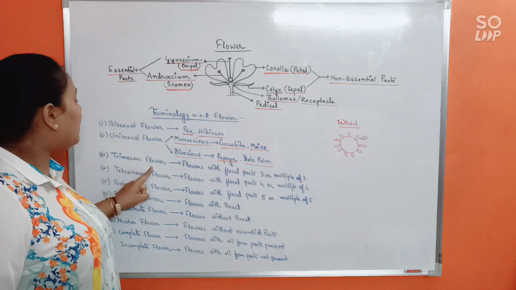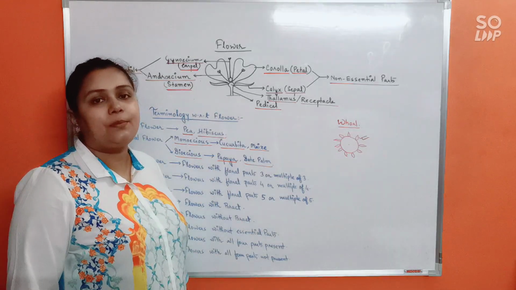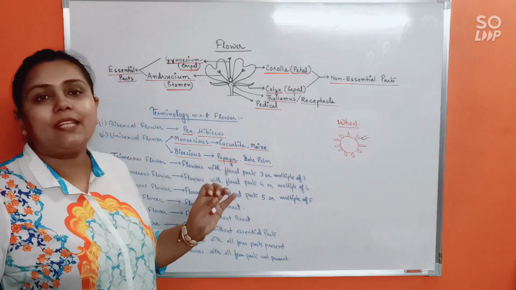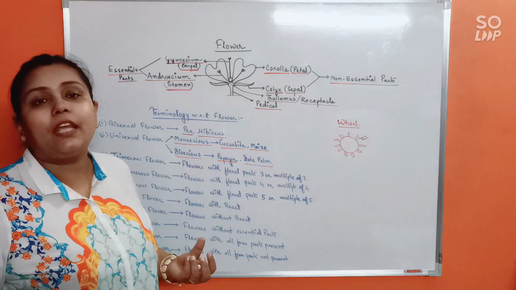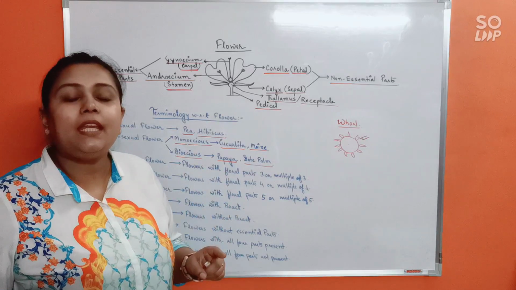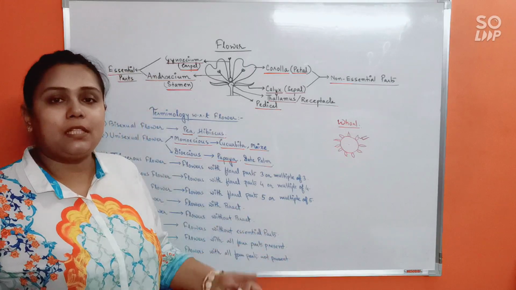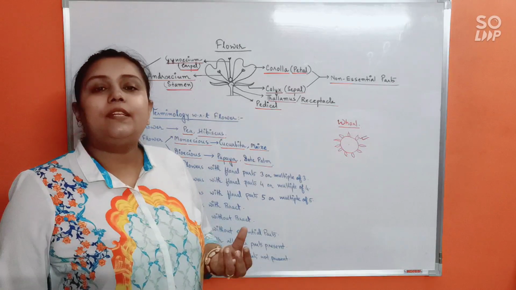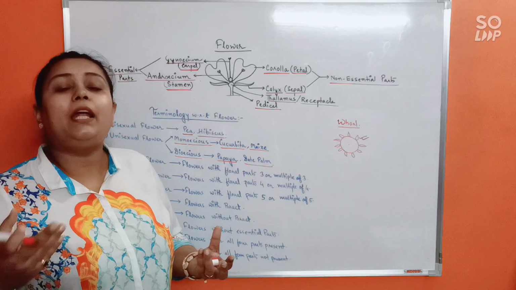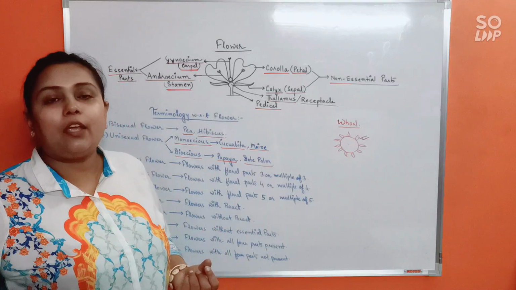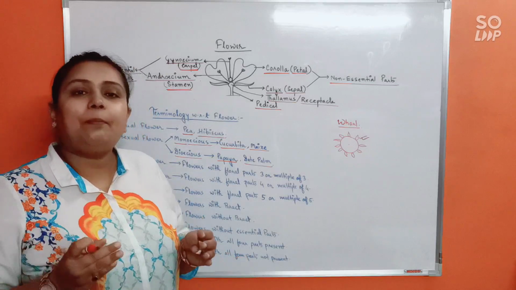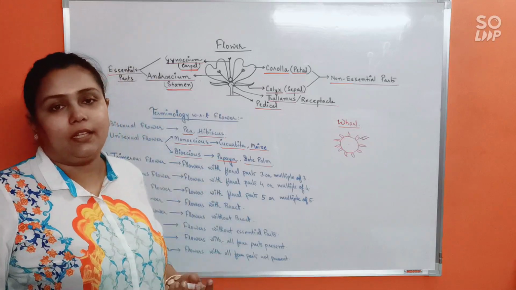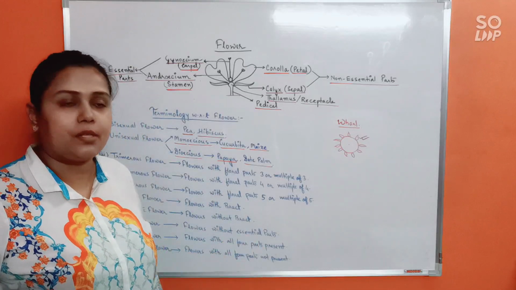Next, trimerous flower. Trimerous flowers means flowers where the floral parts, there are 4 floral parts, isn't it? That is calyx, corolla, androecium, gynoecium. So if in a flower the floral parts remain in the number of 3 or in the multiples of 3, then we will call it a trimerous flower. Means suppose in a flower the sepals are 3, or in the multiples of 3, means 6, 9 likewise. So suppose the sepals are 3 in number, then petals are also 3, stamens are also 3. Likewise if you find, then that flower becomes trimerous.